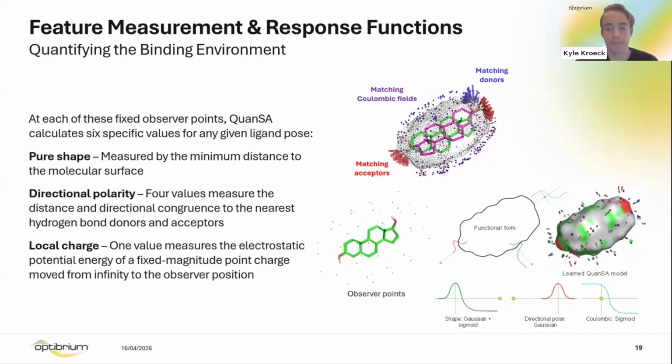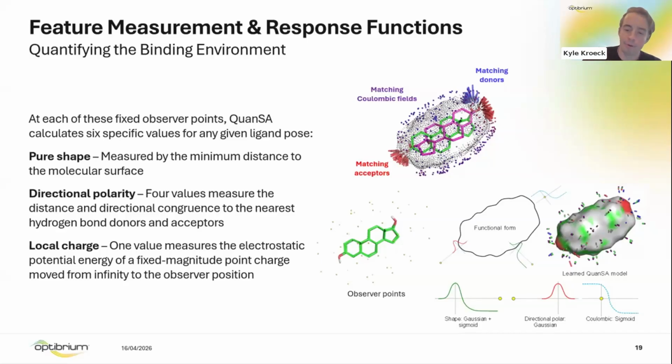Finally, the 6th value measures the local charge. This evaluates the local electrostatic field. The system calculates the potential energy required to move a fixed magnitude point charge, specifically a positive 0.2 charge, from an infinite distance to that specific observer point.